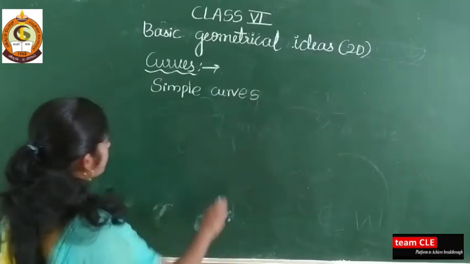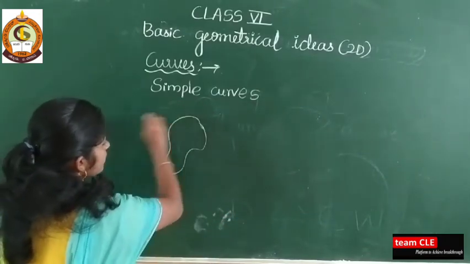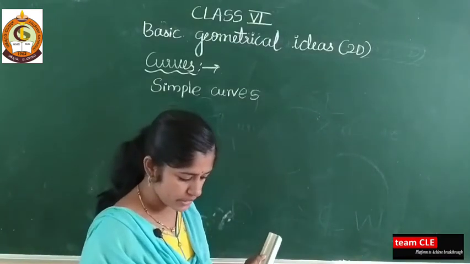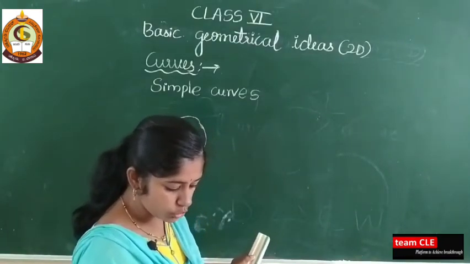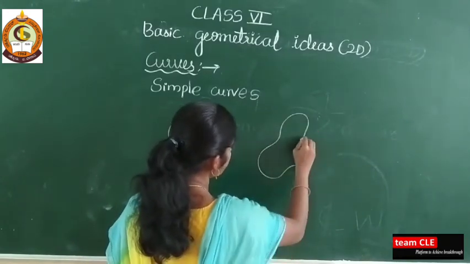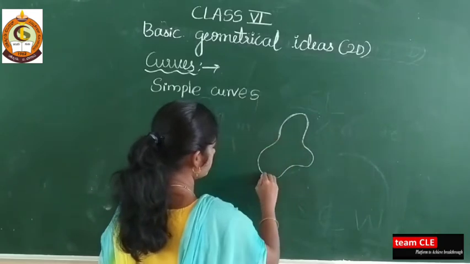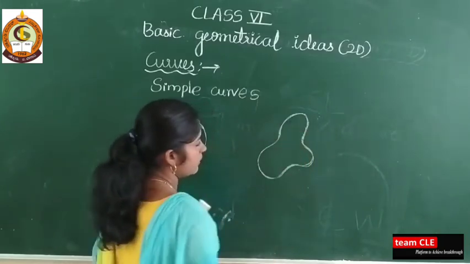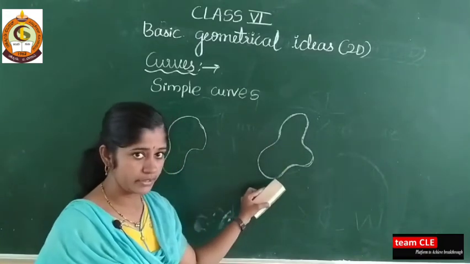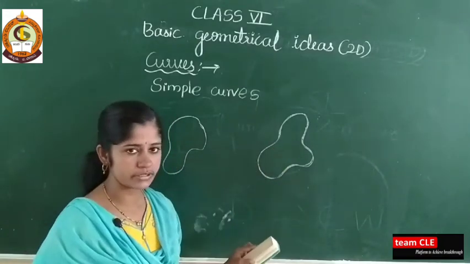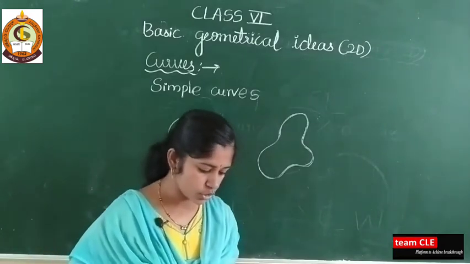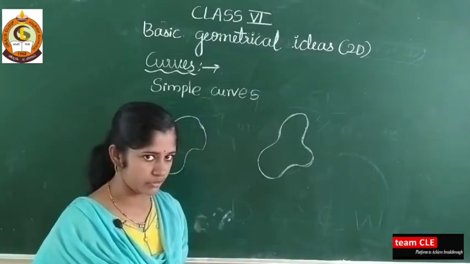So you doodle like this. Yes, this is also a simple curve. Over, the answer is only this much. And one more is there, simple closed curve. Yes, this is a simple closed curve, isn't it? Because it started at one point and again finished at the same point, and it does not cross itself. So these are two examples. Okay, so here the first one and second one I have discussed.